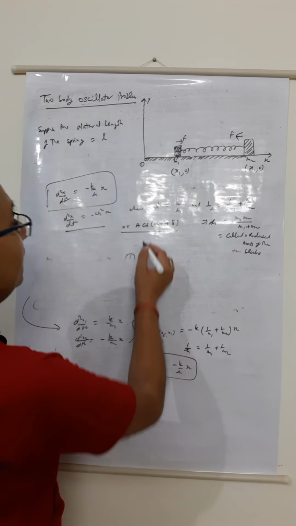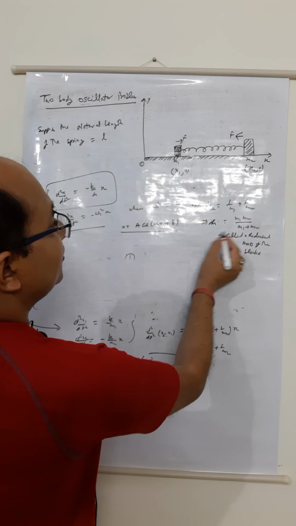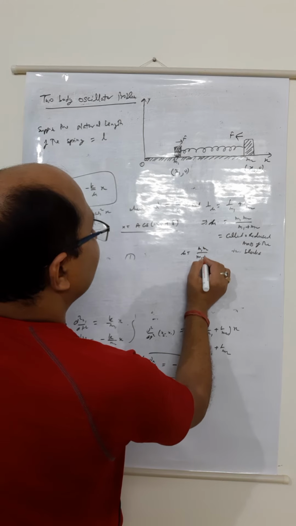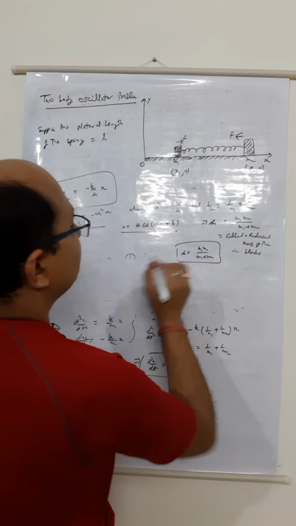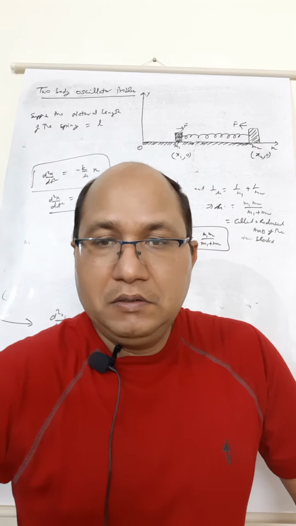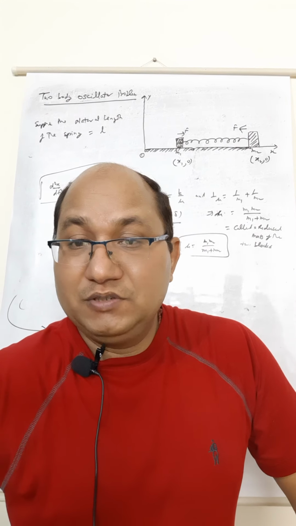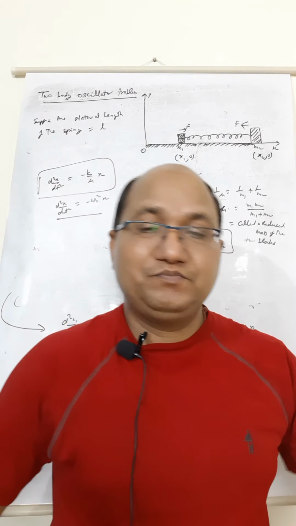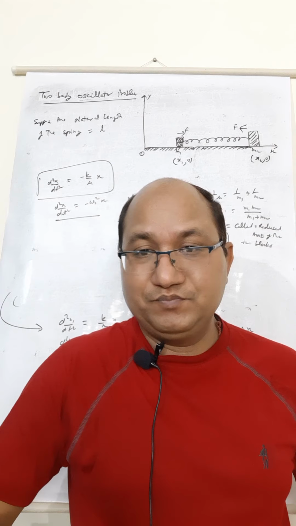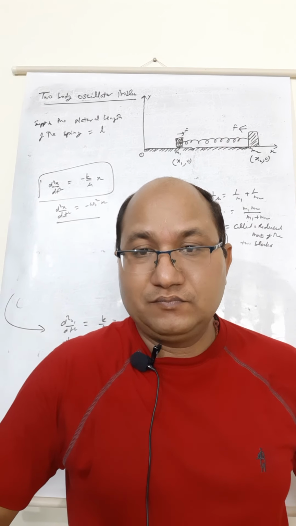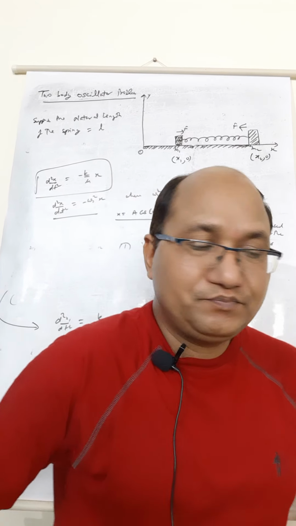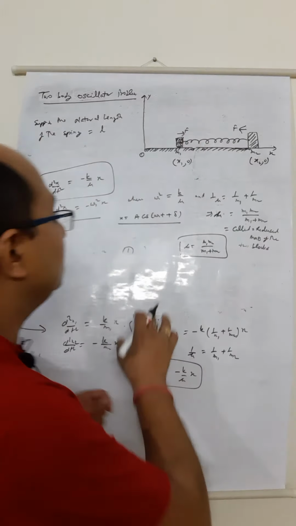Then from here we see that mu equals m1 m2 upon m1 plus m2. It is a very important quantity, the reduced mass. It will also come up in major types of problems for measuring the moment of inertia, as well as in the coupled motion of electron and proton, or proton and neutron.